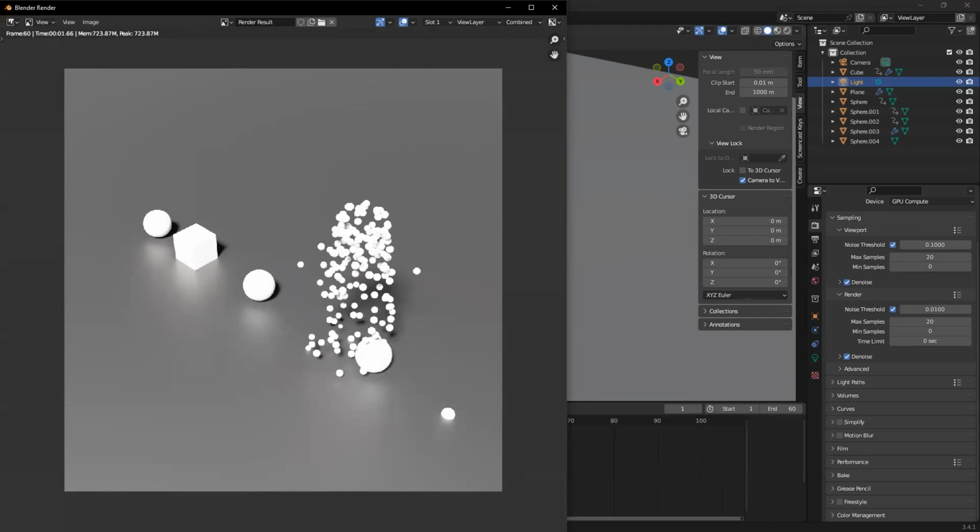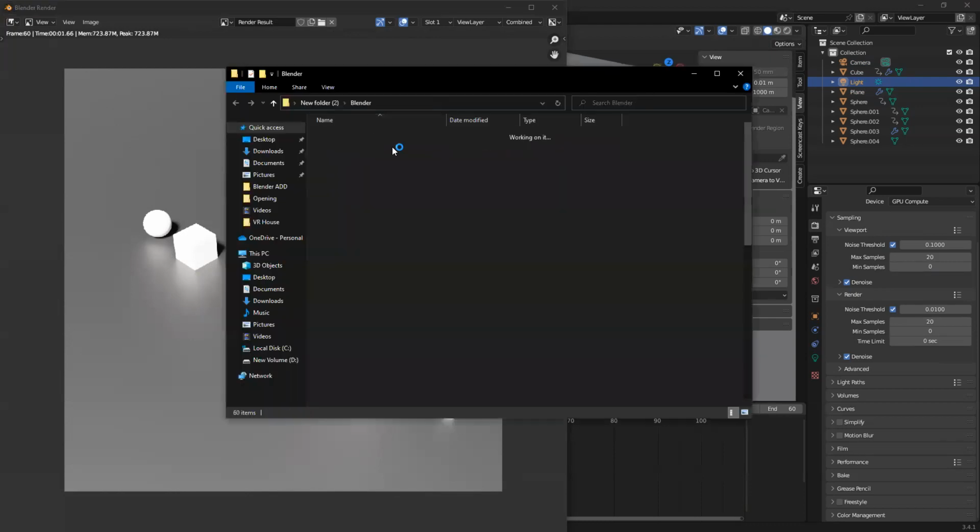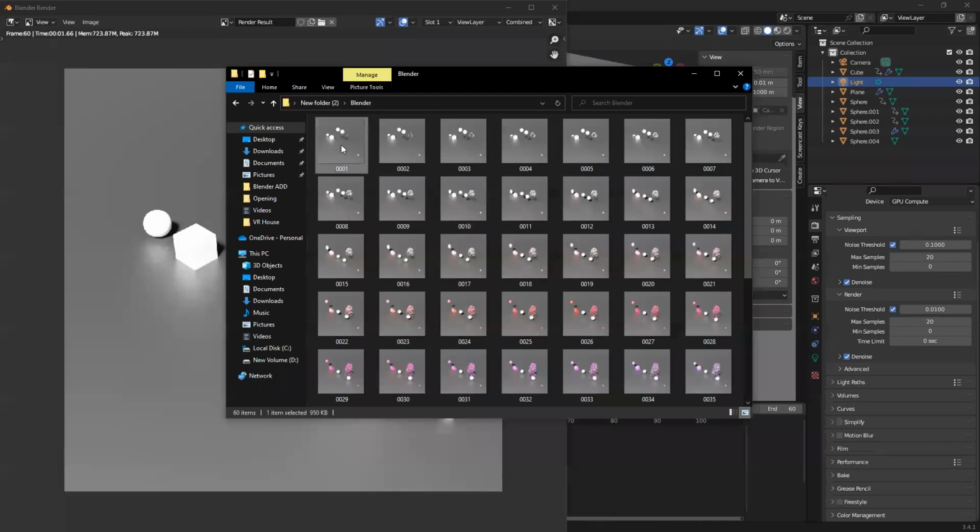So yan, there we go. Tapos na yung render natin. Nandito siya sa 3ds Max. Ayan oh. Ito na yung PNG sequence natin. And then, pwedeng ilipat nyo na siya